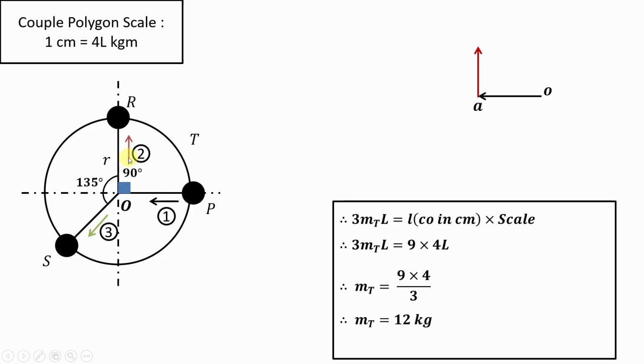Then this is the couple of R, which is of 2 centimeter. Again, it is radially outward because it is positive couple. Then S, which is of 8 centimeter, that is drawn from this. And then you will get the closing side, and that closing side is nothing but what? It is the unknown, that is 3mtl, that we have already seen in our table. So this 3mtl